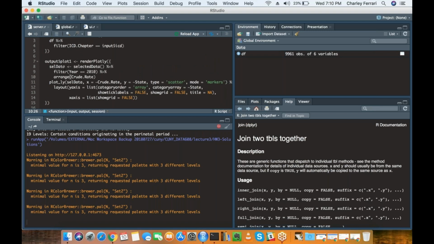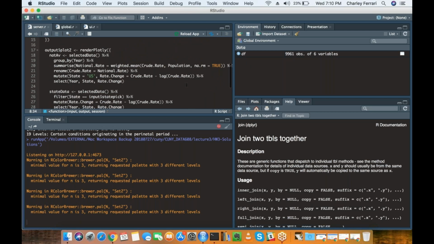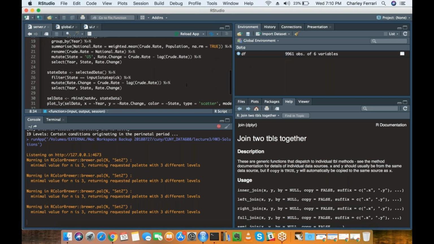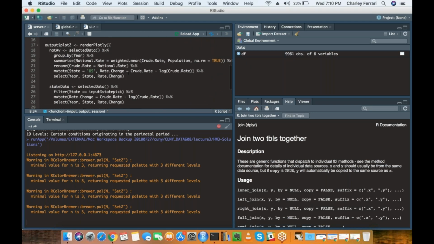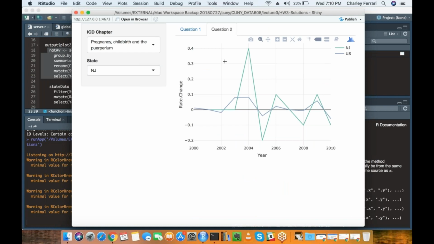Looking here, you can see I'm using this selected data, using some reactivity, and I'm calculating the national average so we can use it whenever we're making these comparisons by state.